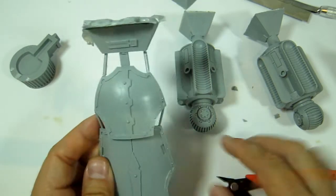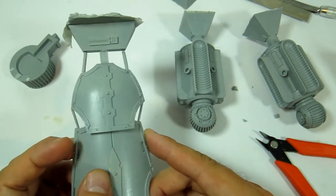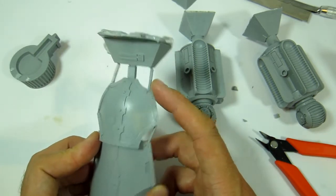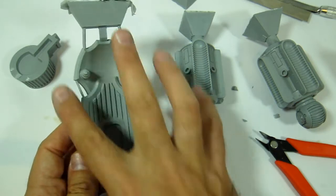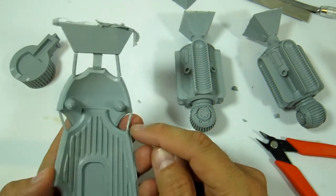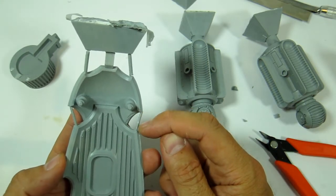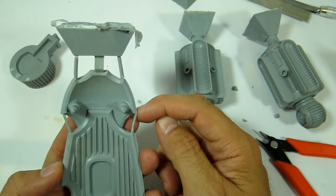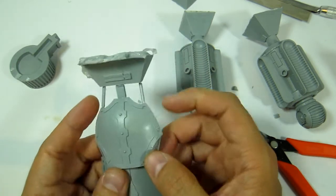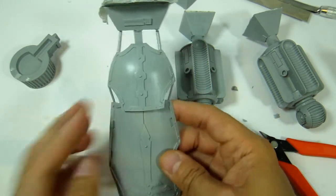Okay, so the next piece is sort of a combination piece. And I set this aside especially because of these little bits of sprue. When the original 3D print of this is made, these are probably just tiny bits of round styrene rod that are cut and shaped to fit and then super glued in place so that they let the air bubbles out of here. Because if you imagine,